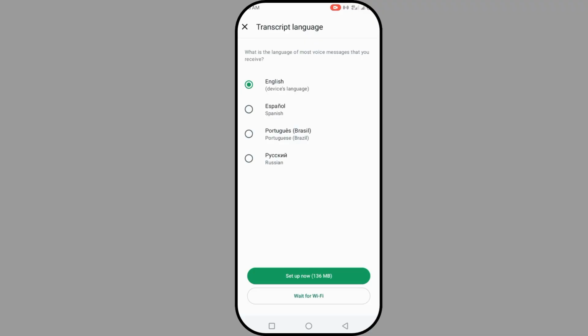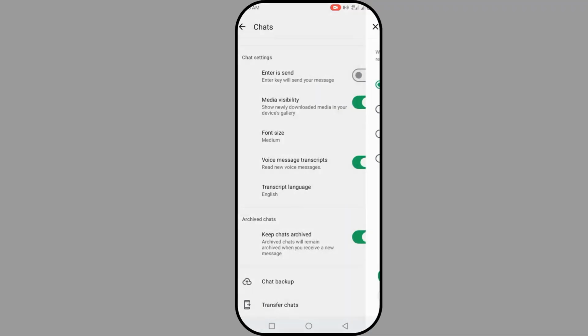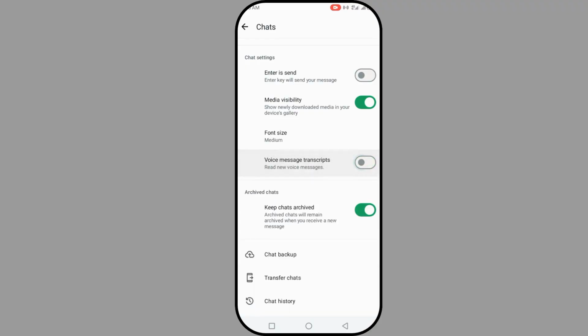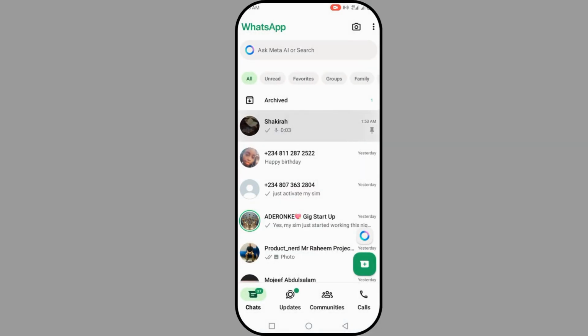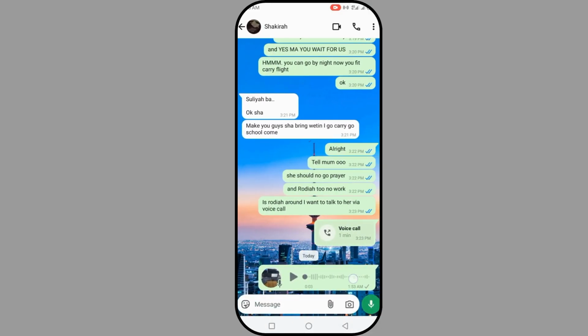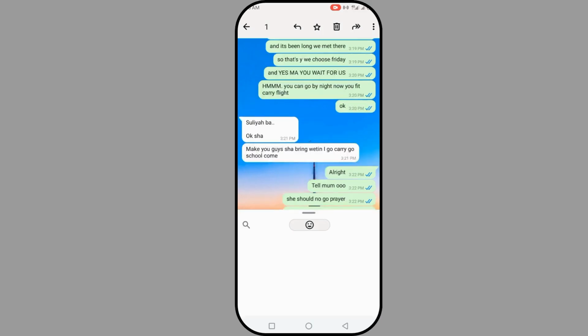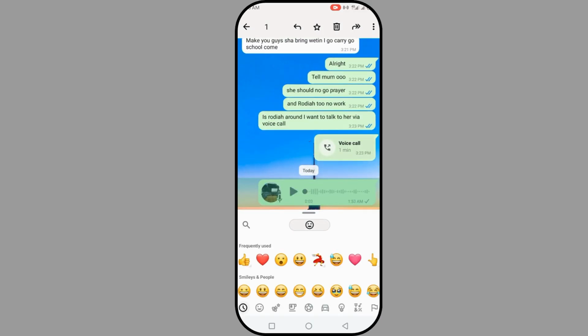For this I'll wait for Wi-Fi. Once you click on set up now, you're going to wait for it to download all the transcript files. Once it's done, so I'm not going to do it. Once it's done, you can just go back to the chat, long click on the voice message, and you're going to see the plus and you're going to see transcript, and you can transcript